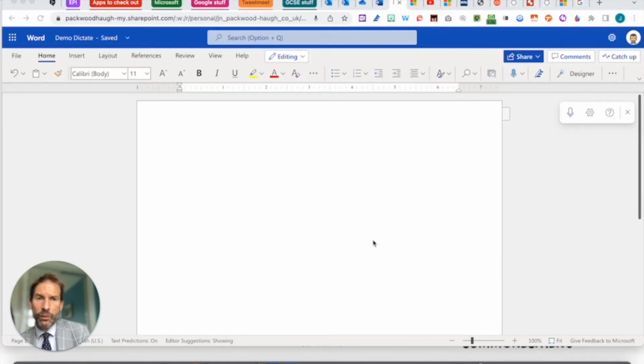Here I am now in Microsoft Word, and you can see obviously you have the option of having the dictate button here. It works really, really well for pupils who have difficulties, or obviously adults with typing, writing, spelling, and it's perfect. And you can do that in several languages too. Let's have a play, see if it wants to work. Thank you very much for having me today. It's a wonderful webinar. Full stop.